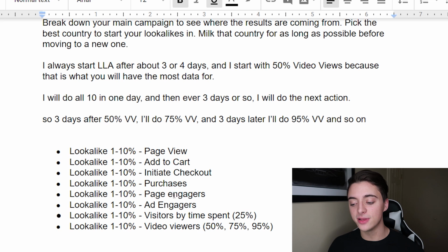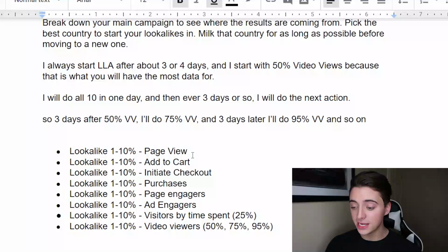This isn't all of the possibilities, but when you come to lookalikes, you basically want to do anything and everything. Of course, you want to do one at a time, but in the end, you've got to be a mad scientist and do some crazy stuff. But anyways, right here we've got page view, add to cart, initiate checkout, ad engagers,